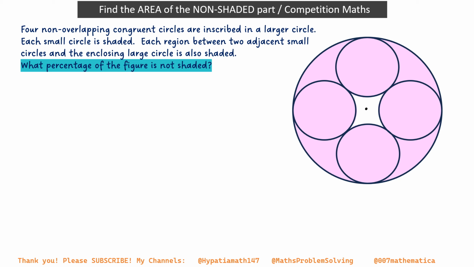So this is the center of the large circle, and if I call it O, and then if I draw a line which is a diameter passing through these centers, the centers of the small circles, I'll say that's X and Y, and this circle I can call the center as Z. So if I join them,